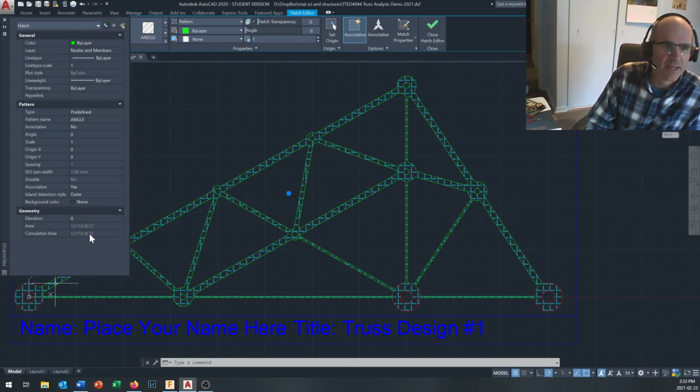Now for my truss, the area came out to 12,118.961. You don't need to worry about all the decimal places. These are square millimeters that we're talking about. Came out to 12,118 square millimeters. And we know from our calculations that a square millimeter of 3mm thick hardboard that we're working with should weigh 0.0027 grams. So if I take the area and multiply by 0.0027 grams per square millimeter,